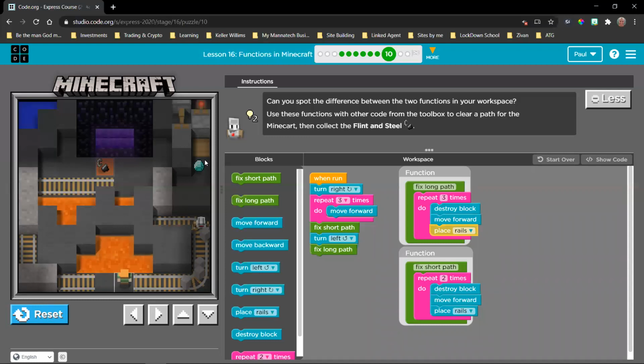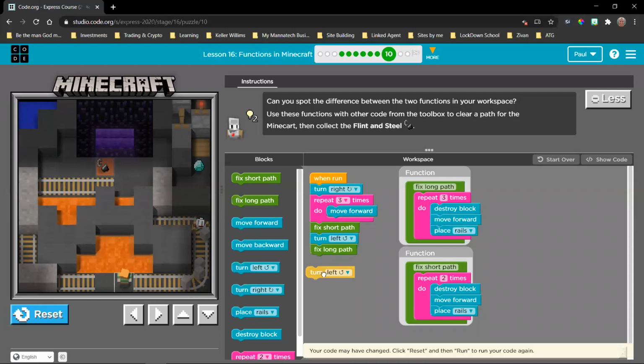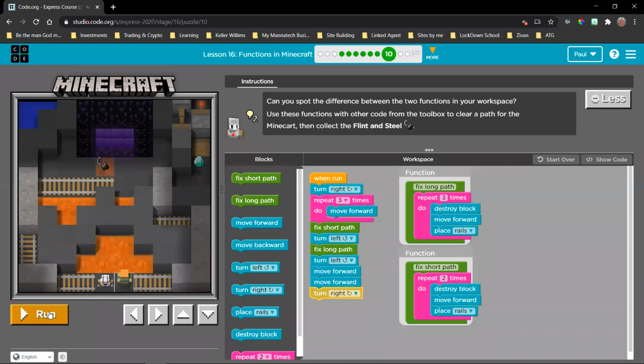So now we're here facing up, but we want to be aligned with this here so that we can open that and fix that path there. So we're going to make our agent turn left. We will move forward twice, 1, 2. And then we are going to turn right over here, okay? So that we are facing these 2 blocks. So now we are going to run,